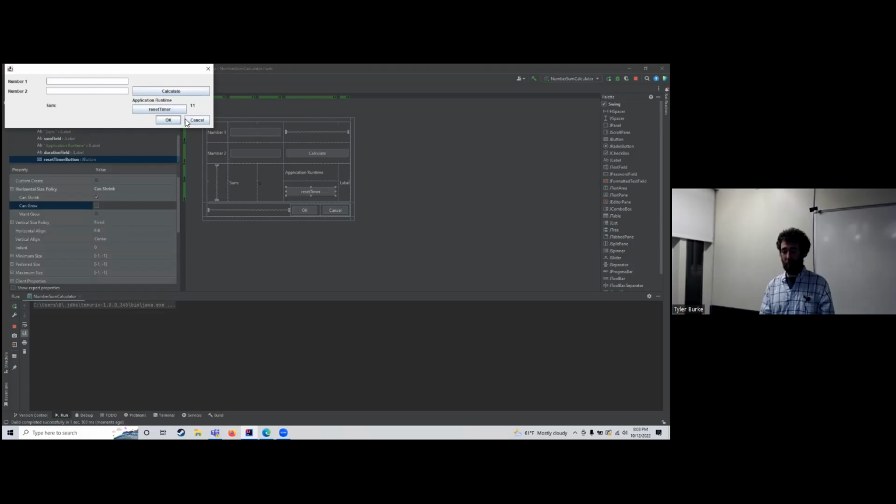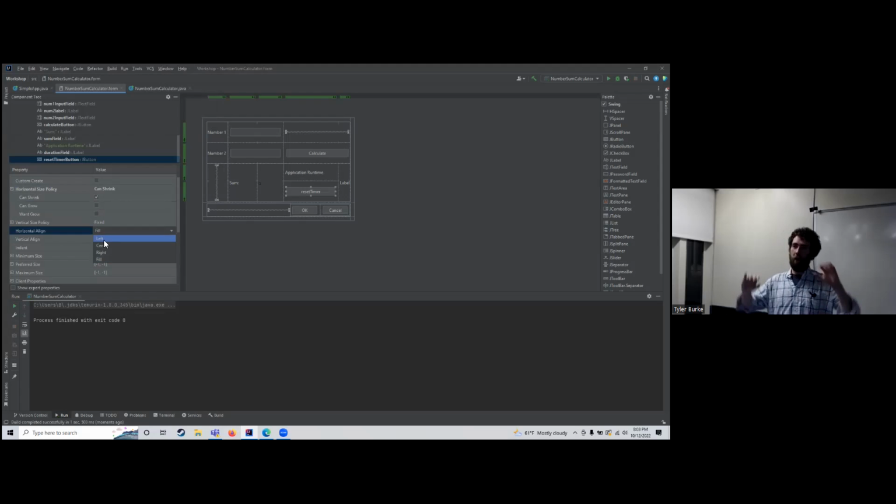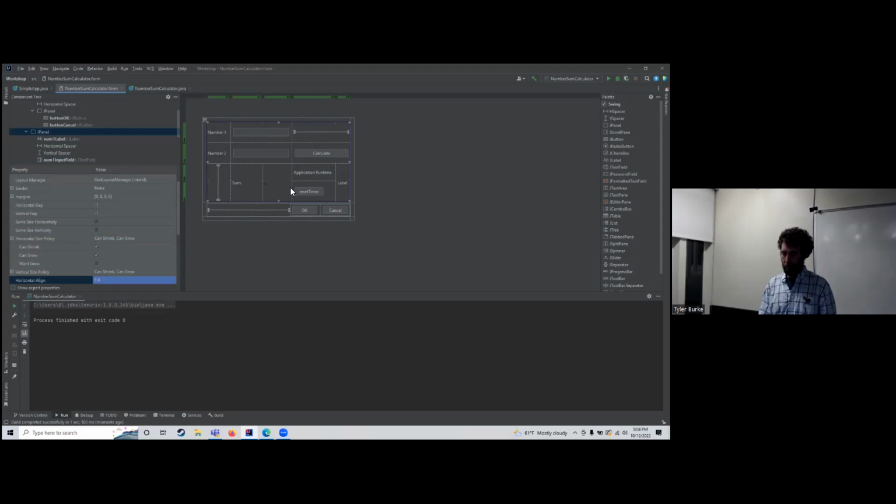So if we take the horizontal align off of fill, because what fill will do is it will fill your component to the size of the container that it's in. So despite telling it we can't grow, we are still telling it to occupy all of your space. So we will do a left alignment. So within its container, in this case, it's this panel here that